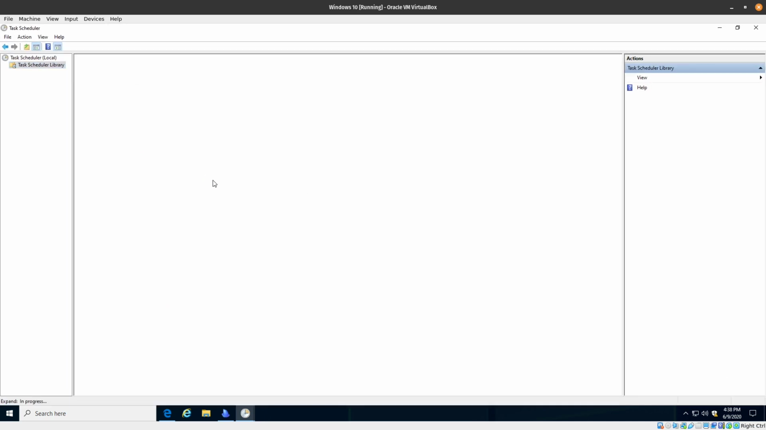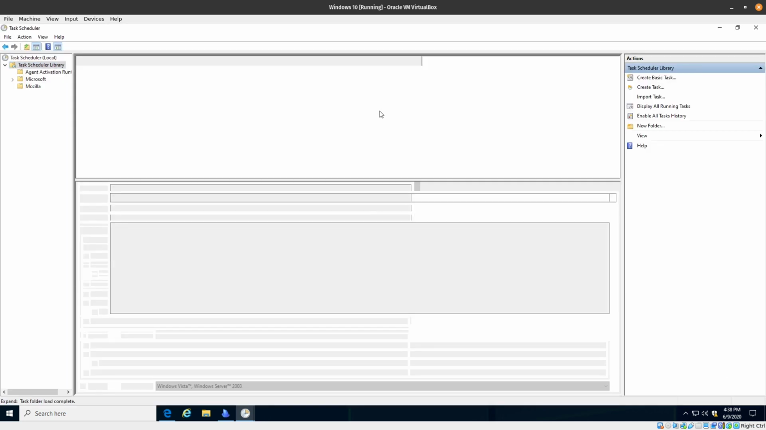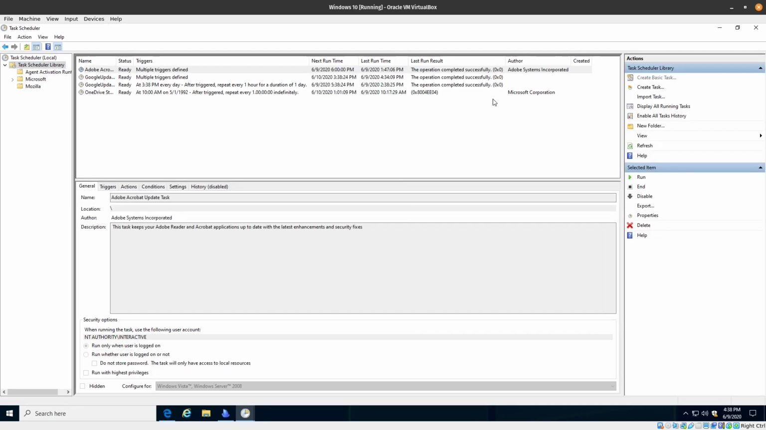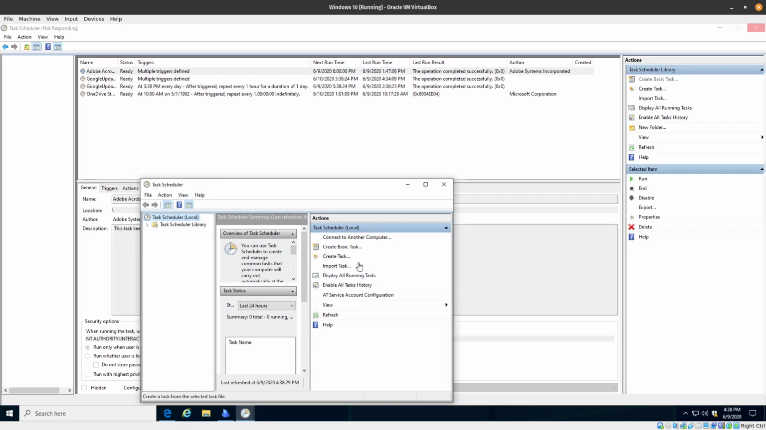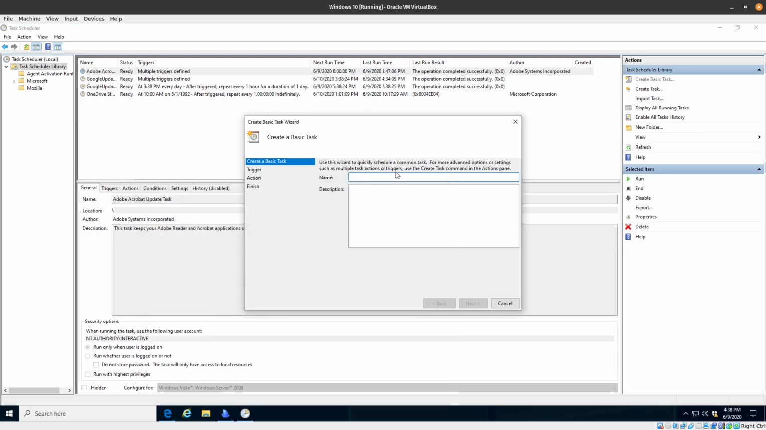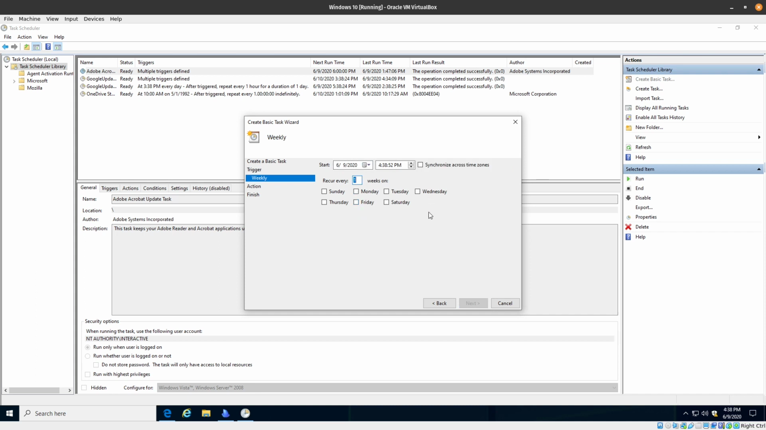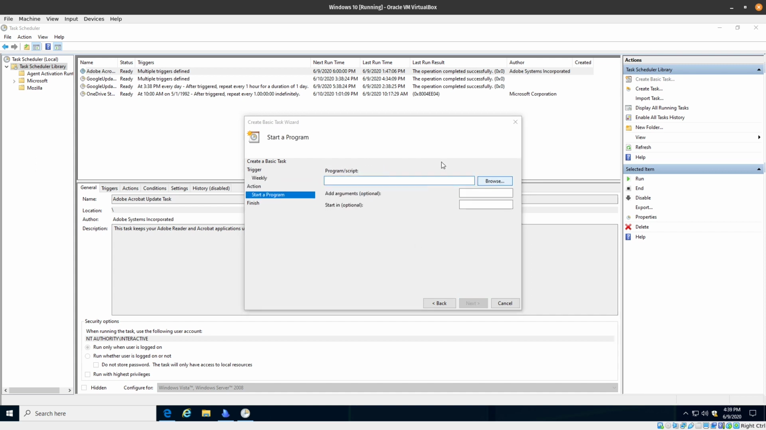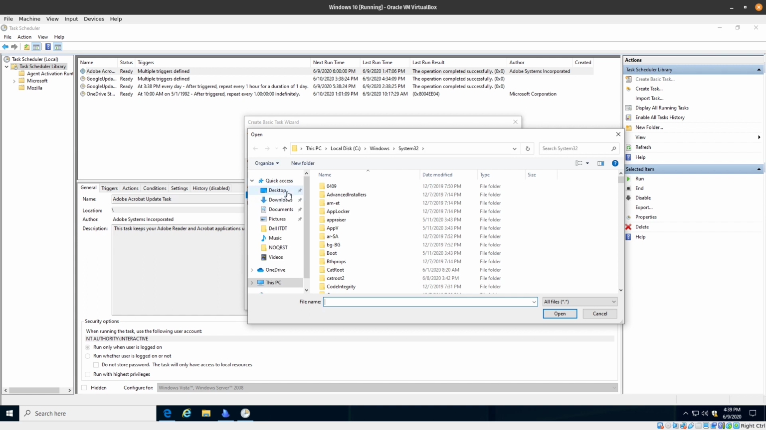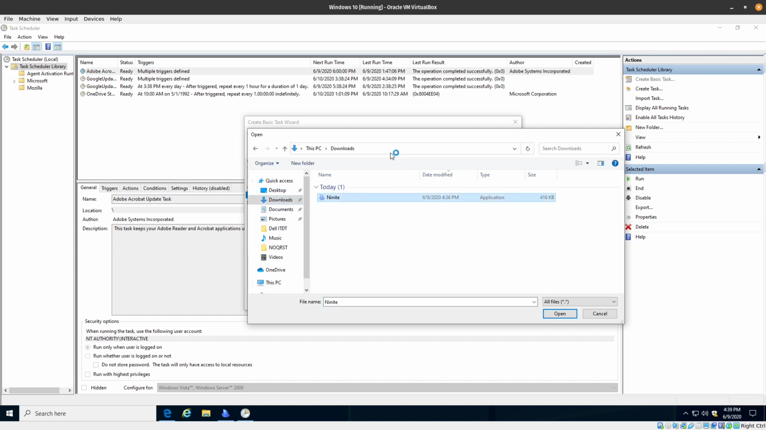So say I'm in Task Scheduler here, and I'm just going to create a basic task. Okay, so here's my basic task window. I'm just going to call it Ninite, and we're just going to tell it to run weekly. We recur every 1 week, that's fine. On a Sunday, I'm going to start a program, and here's where we get that file, the Ninite one that we just downloaded. I'm going to cut that one, and we're going to paste it into